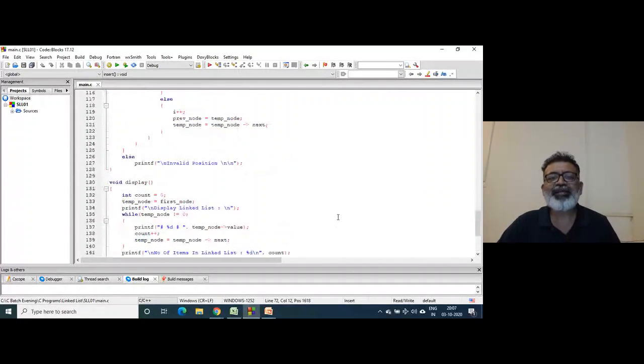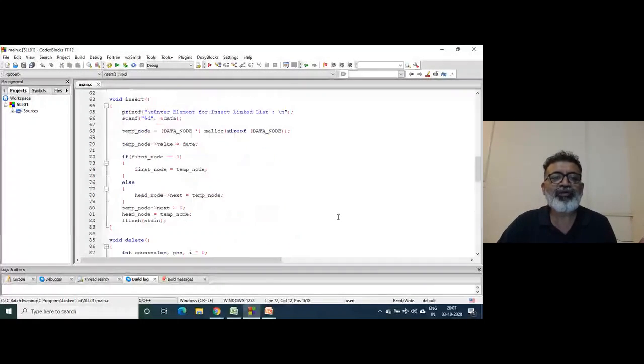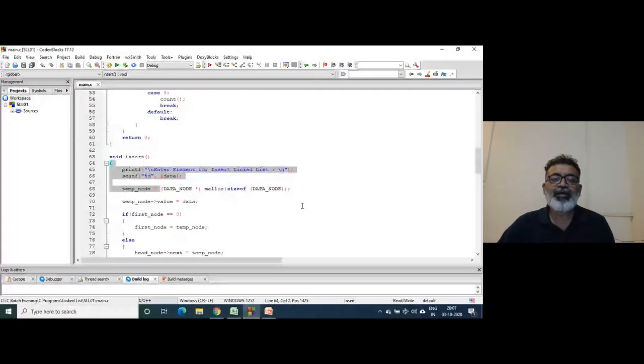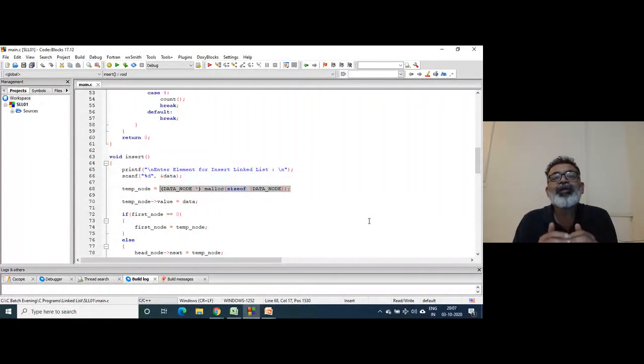What is important from my point of view is the use of malloc inside the function, only on demand. That is very important. On demand, at runtime.